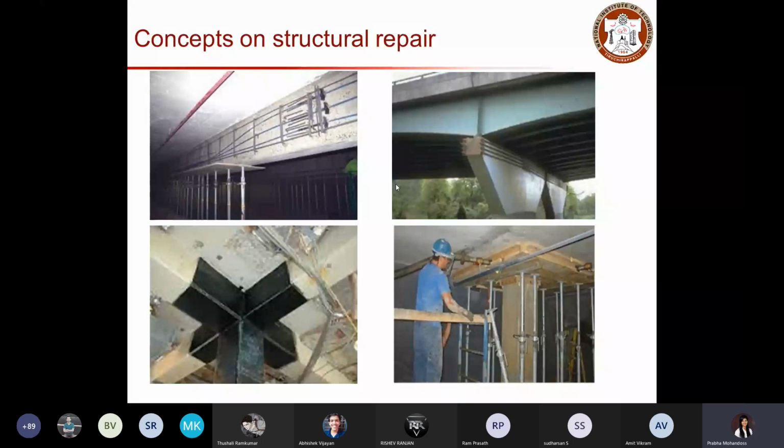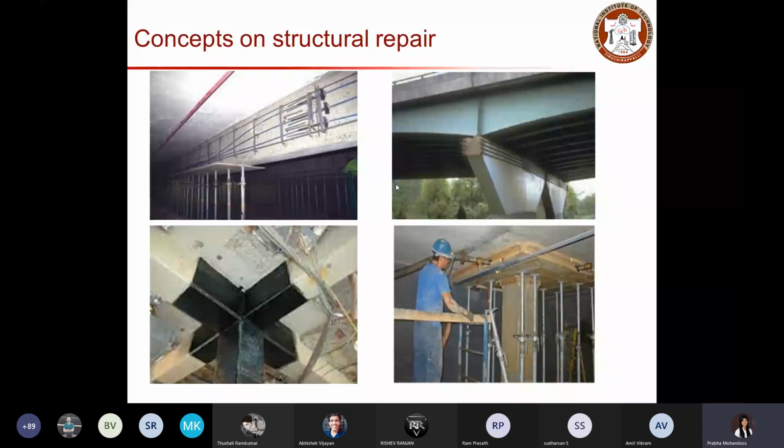So reconstructing will take several years, and redirecting that traffic volume will also be difficult, especially when you have bridges in urban places. So what you can do in such cases is enhance the capacity of